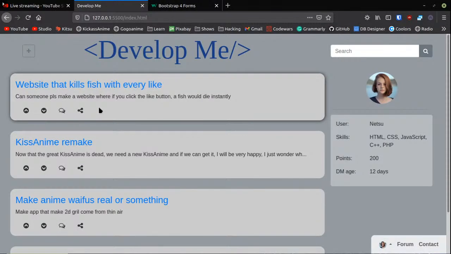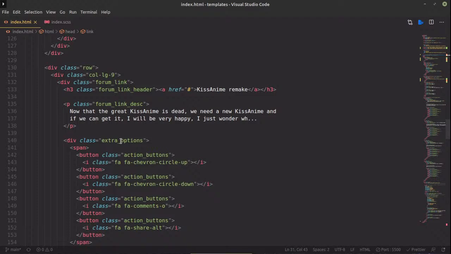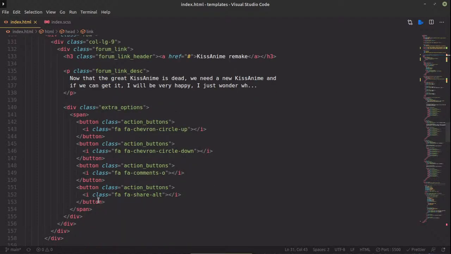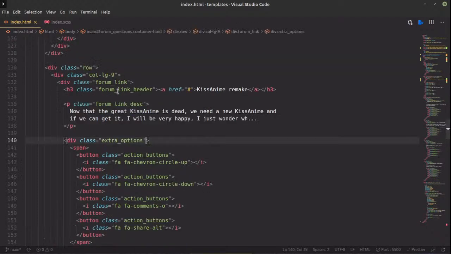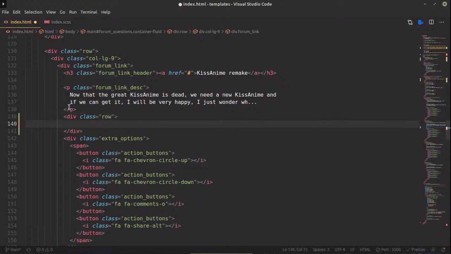But anyways, now I want to add a thing here that says how difficult it is. So here in the extra options, I can make this a row or a column. This one's already in a column, so I can create a row, so dot row, and if we just add this here,